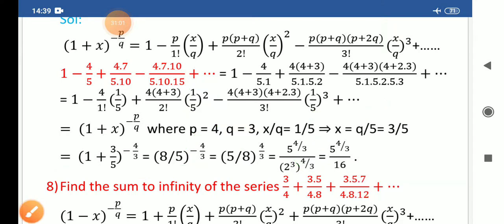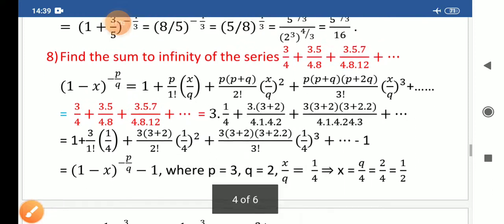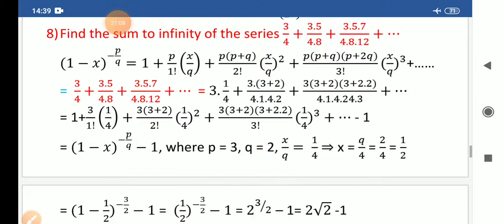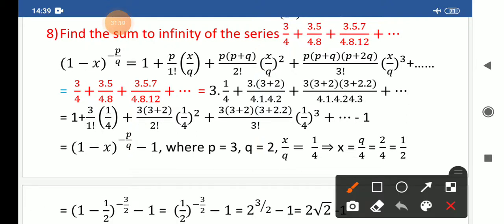Okay. Now see this. Find the sum of the infinite series 3 by 4 plus 3 into 5 by 4 into 8 and so on. Here you observe all terms are in terms of pluses. So if plus, we write minus into minus plus. But here some terms are missing. In the formula there is 1, but in this given problem there is no 1. So we add 1 and subtract 1. There is no problem. We write this 3 by 4 as 3 into 1 by 4. That is, our problem starts from the second term.